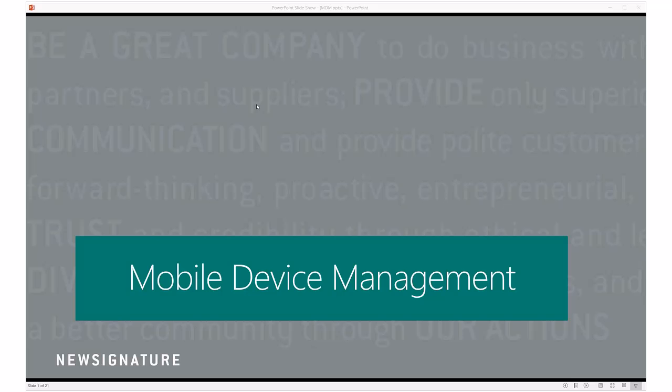So starting off with mobile device management, right? When we first hear mobile device management, MDM, obviously this is not a new concept anymore, right? This is something that's been around for a little bit, and it's something we're either dealing with on a day-to-day basis or starting to wrestle with in some regard. It could be everything from how do we manage the devices that are coming into our network, how do we manage people accessing our corporate data on their personal devices, how do we control the data, how do we control the devices, how do we control who's connecting, right?